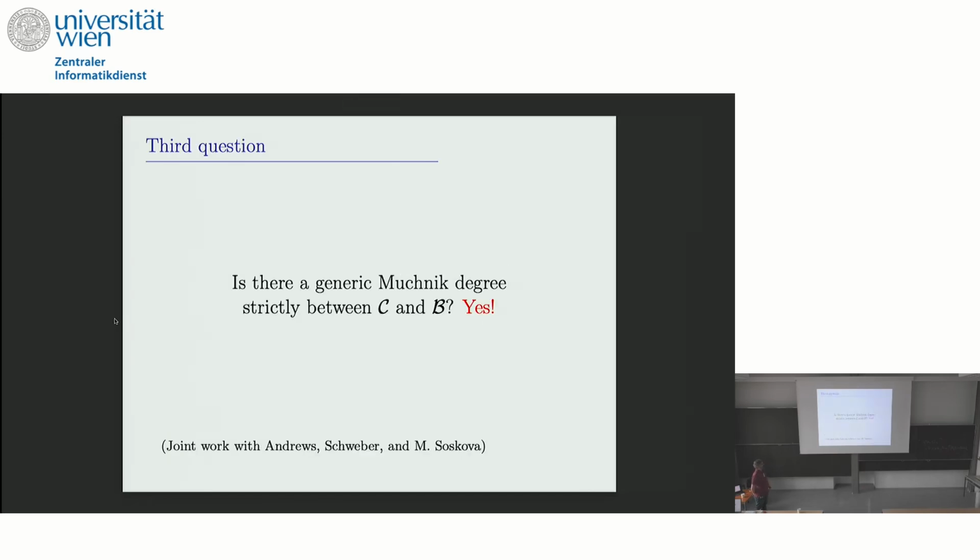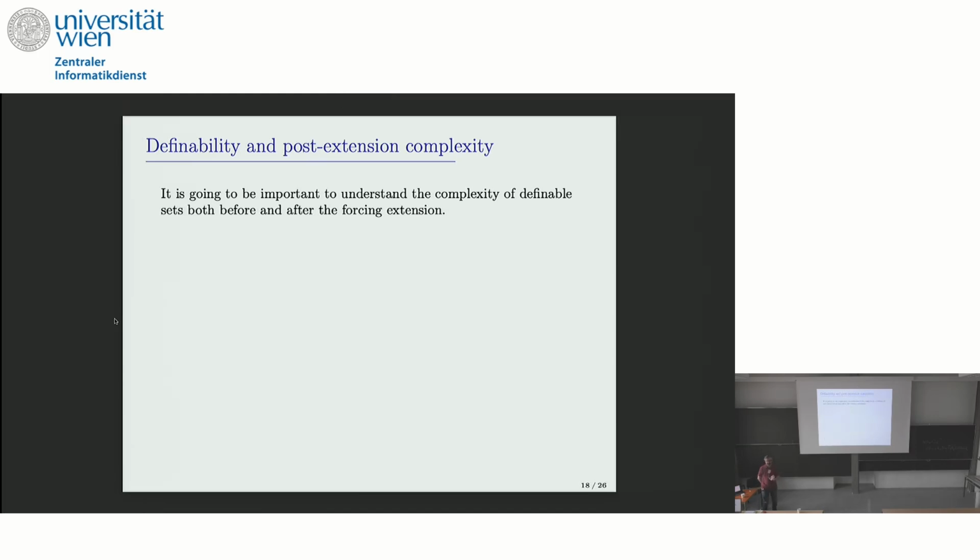Third question. Yes, I've already told you, I'm really bad at suspense. There is a Muchnik degree strictly between Cantor space and Baire space. But this is going to be an unsatisfying example. I don't have a satisfying example. Okay. It's also, I'm afraid, this section might be a little less detailed than other sections. Most of the tools we use were just handed to us, and so I'm just going to describe them.